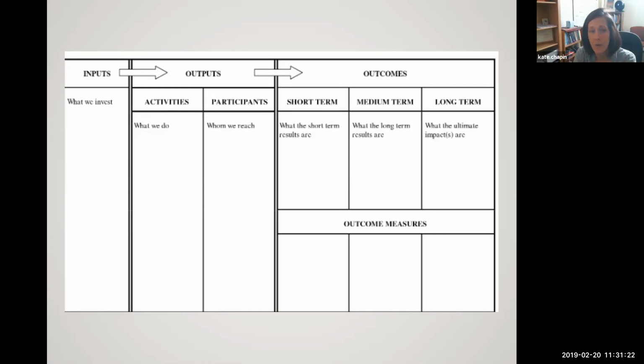What are the activities? What is it that you do? And who do you want to reach, right? So again, your educational programs for parents of children 0 to 10. So again, use the chat box to share what are the activities and who are the participants. So you might say producing educational materials for college-age students. Library programs, okay, and then you want to be specific for whom.